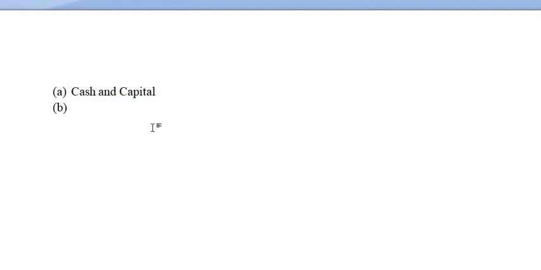Now in point number B, it is mentioned: purchased sewing machine for rupees 5,300. So you are purchasing a sewing machine, and cash is involved here. He is paying 3,300 in cash and the balance on credit. When a balance remains on credit, creditors are involved. Creditors are the group of people whom we have to pay.